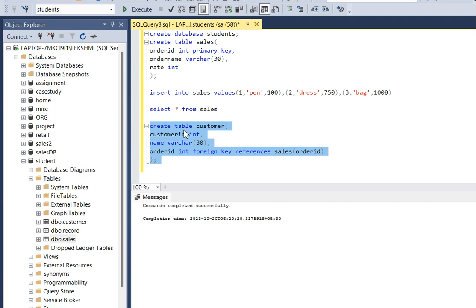Execute. So we need to insert some values. So yeah, we are going